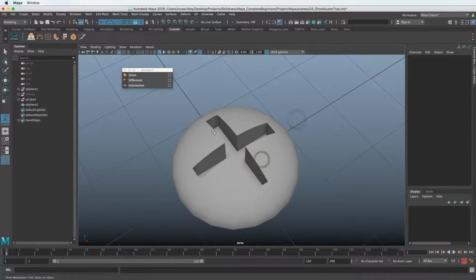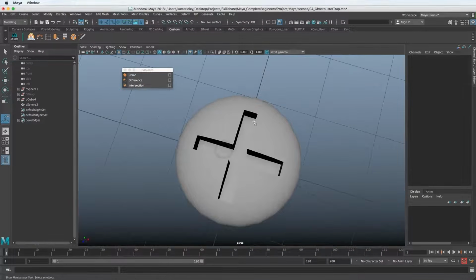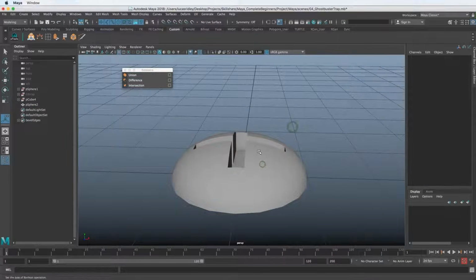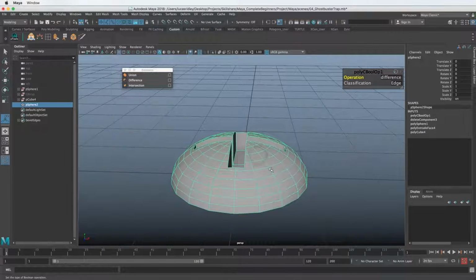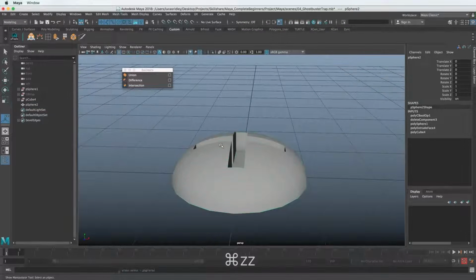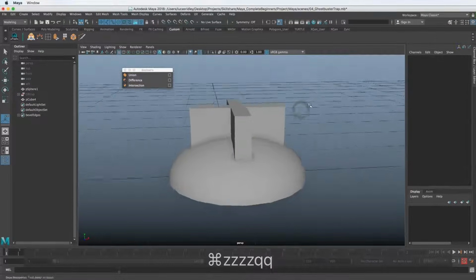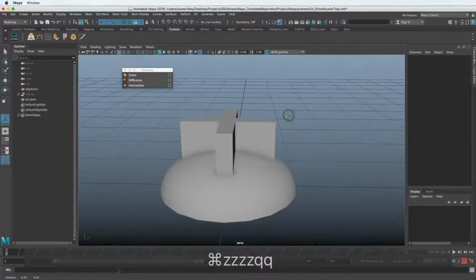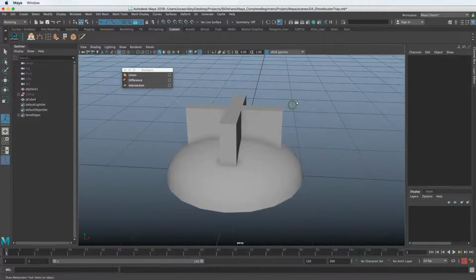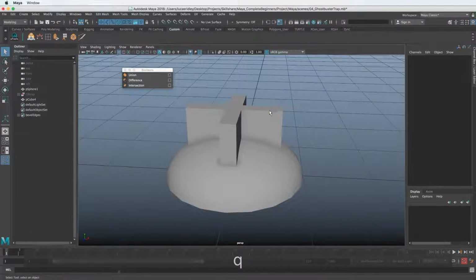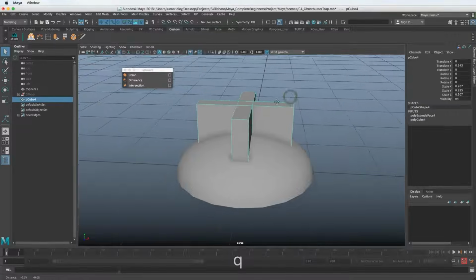So that's super helpful. You don't have to model every little corner, and it's like, with these edges on a sphere, how do you actually even get that? So it's nice to have a Boolean every once in a while. They can be kind of wonky, and you do have to select things in the correct order. So if I didn't do it in that order, if I selected, let me hit Q to get back to my tool, and sometimes my Maya has a little buggy thing where I need to shake the viewport a little bit or use the viewport, and it'll let me start to use tools again. So you might run into similar bugs when you're using it.